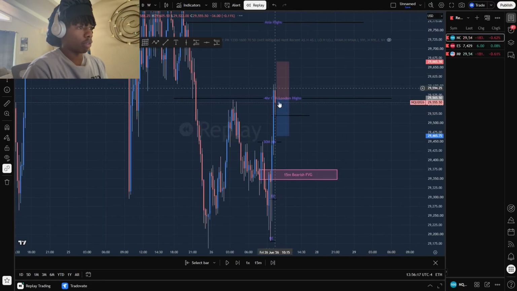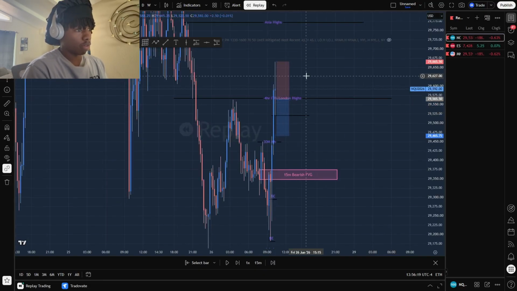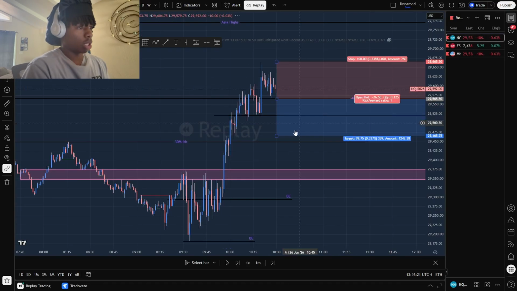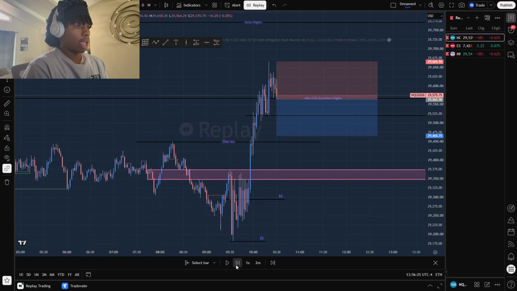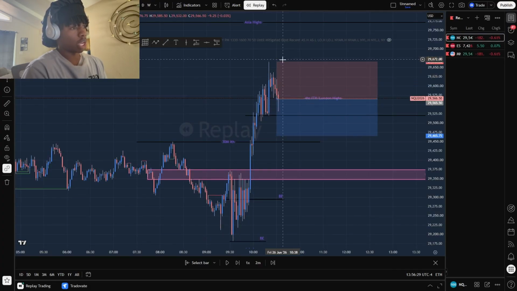I would want to wait for the 15-minute to form. So then when the 15-minute forms, we go and we're trying to look for an inversion. The highest time frame inversion is the 2-minute. And then we wait for the 2-minute to close. We get our 2-minute close right here, and then we enter off that. And then we target 1-to-1 TP at the high because